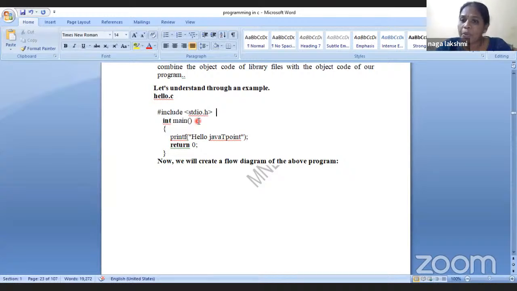Keywords, I have told you. Keywords means what? They are all reserved words. Now, main I cannot write on my own. Suppose here I have written the main function. For this main, I feel like I want to change it to capital M.